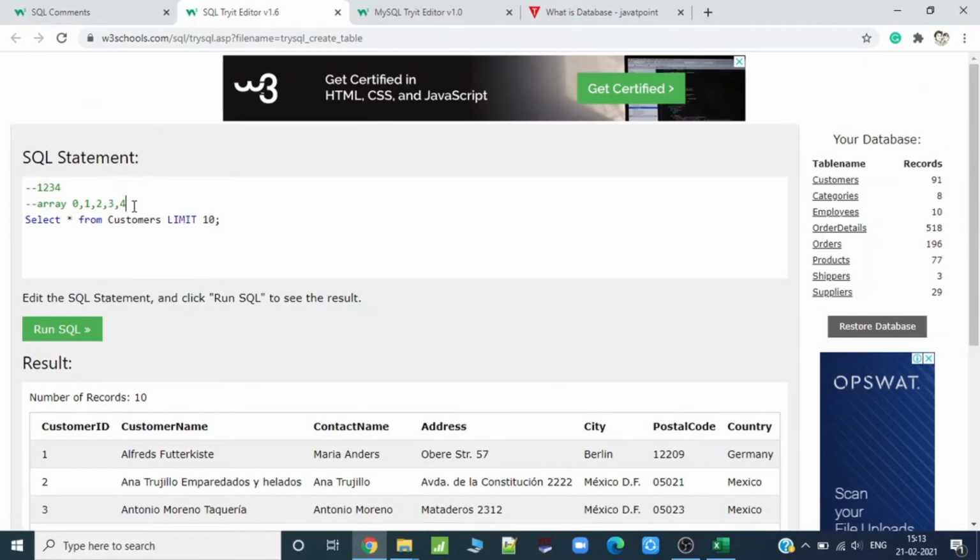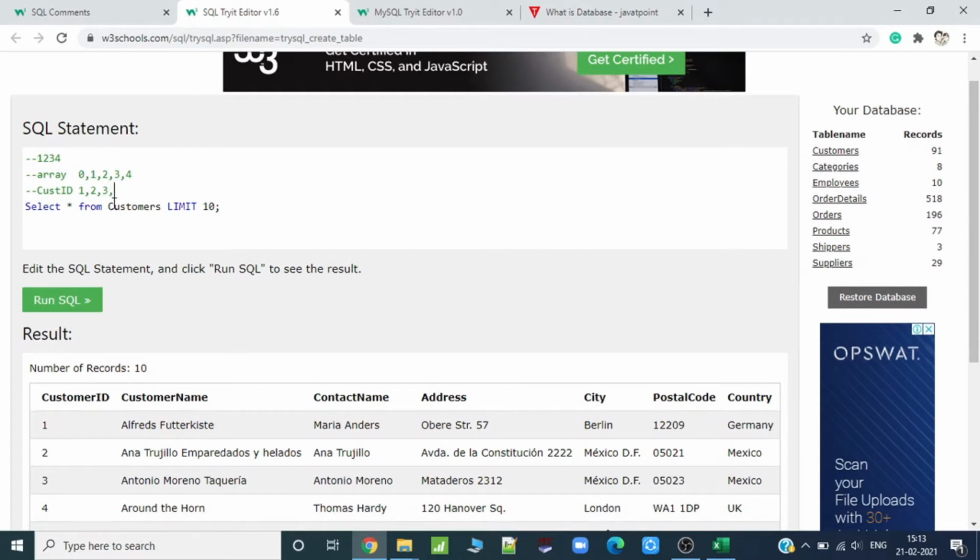I hope you are not confused here, but let's take an example. Here only customer ID. I would just put cust ID, and here 0 means 1. At 0 location in the array, but here in customer ID you can say it's 1. In the array it's 1, but here customer ID is 2. 2 means 3, and again 4, again 5. So from third row, meaning from the array third, which is actually the fourth number in customer ID.